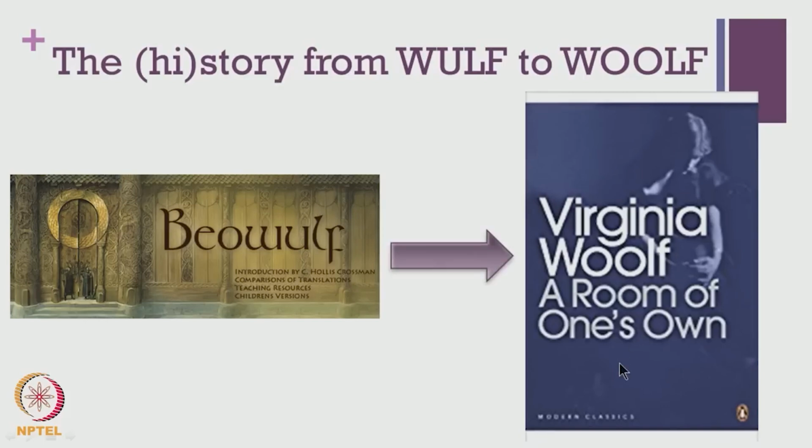So, in a sense, this connection is very important to this course, because we shall be looking at a range of texts from the earlier times onwards, like Beowulf, which does not even have a proper author; the author is anonymous. And from then onwards, we shall be moving to the modern and postmodern period, when even the women writers begin to claim a space for themselves in the space of literature, in terms of publications, in terms of publishing, in terms of dissemination of work, and so on and so forth. So, this connection and this range is very important for us to understand right at the outset, so that it will set the tone for the course in the beginning.